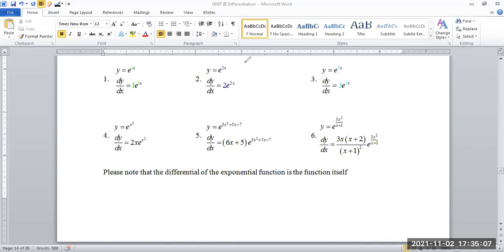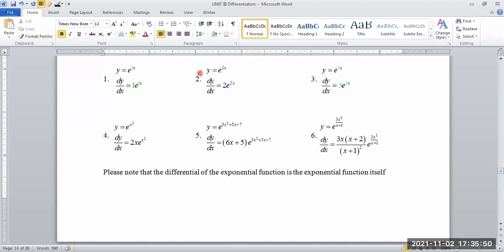So that's what I'm saying to you. Please note that the differential of the exponential function is the exponential function itself. All right. So the differential of e to the x is simply e to the x. But I want to show you something a little closer. Do you notice that this is y equals e to the 1x? So what we do is differentiate the function, which is going to be written up top. The differential of x is 1. And this is the one that is seen in front of it. And then you write by the exponential function.